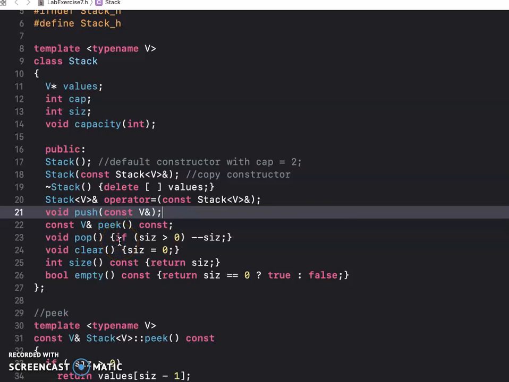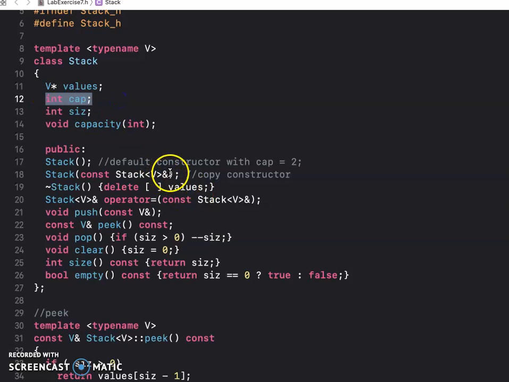Actually, I won't show you. Why? Because your copy constructor and assignment operator will be exactly the same as when you implemented your dynamic array. The most important thing is you need to recreate your value array. Then you just need to assign your cap equal to the original stack cap. The only difference for your copy constructor and assignment operator from your dynamic array is, don't forget, we have the size, so we need to make the copy. So that's why I won't show you how to do that. They will be very similar to what